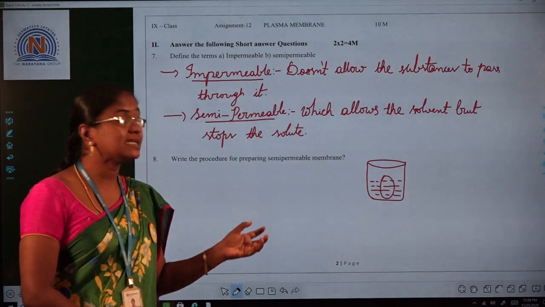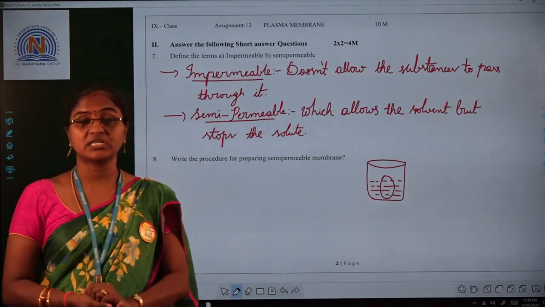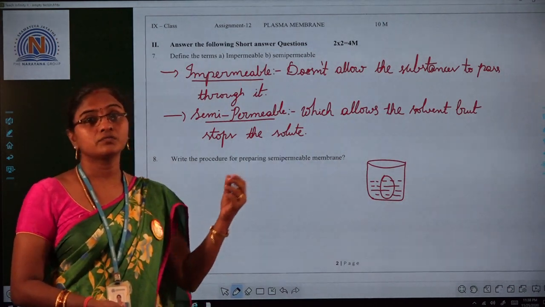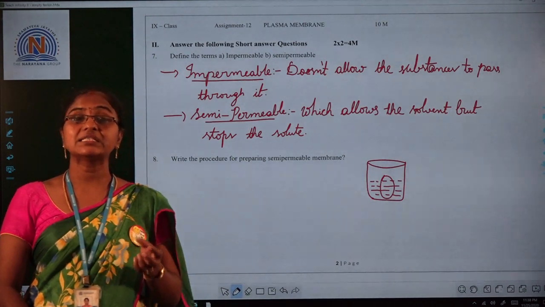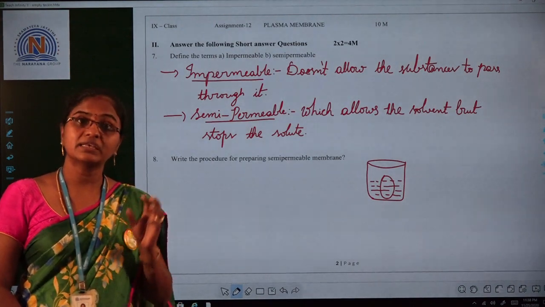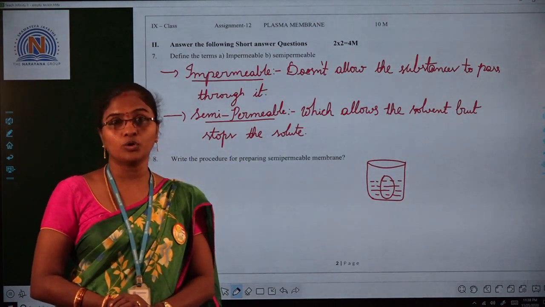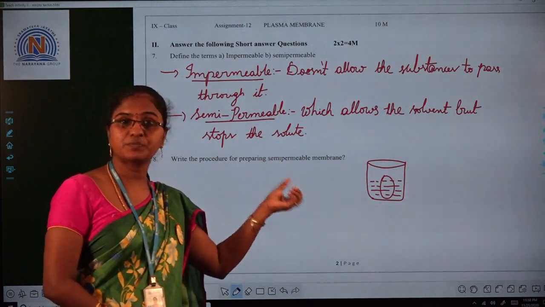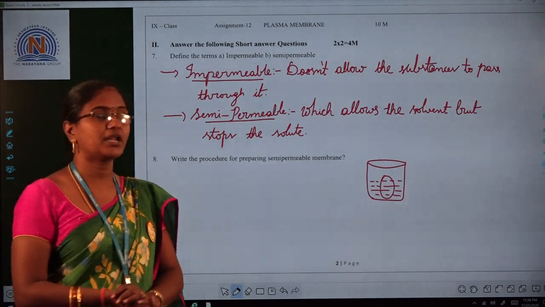So the acid will dissolve the calcium carbonate shells. The shells of the eggs are made up of calcium carbonate. So the acid will dissolve that, and after 4 to 5 hours we can get the egg with a membrane. Carefully we have to remove that egg and wash it thoroughly under water. And by using a pin, we have to remove the contents present in the egg. Now our semi-permeable membrane is ready. Okay.